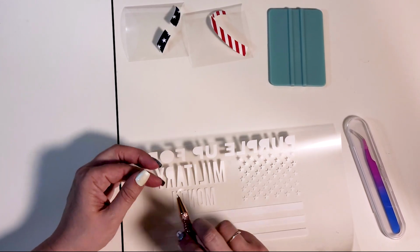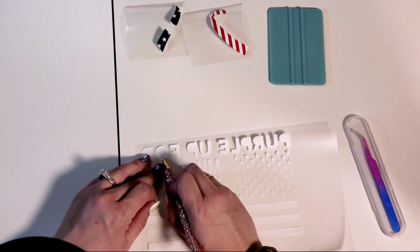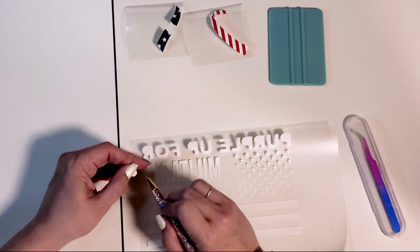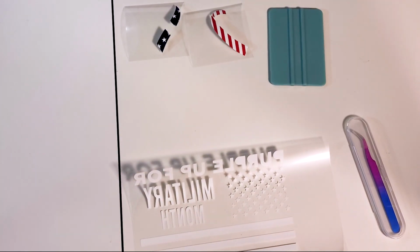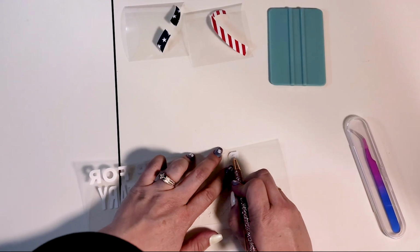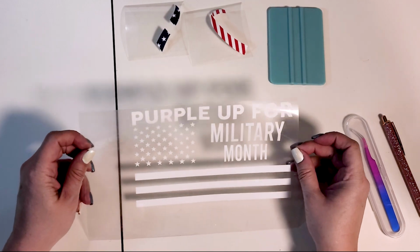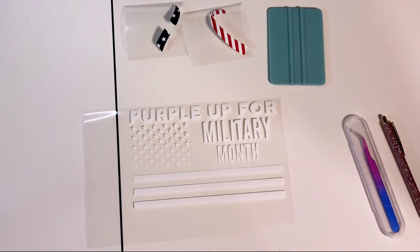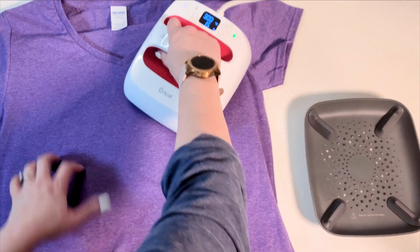Okay, so here we are, almost done. I'm just weeding the letters. I just wanted to point out, again, when you mirror, everything's going to be backwards, but you're going to see here in just a second, as soon as I flip this over, it is going to read correctly, which is exactly what we need it to do, because that plastic barrier is the carrier sheet and the protectant as we transfer